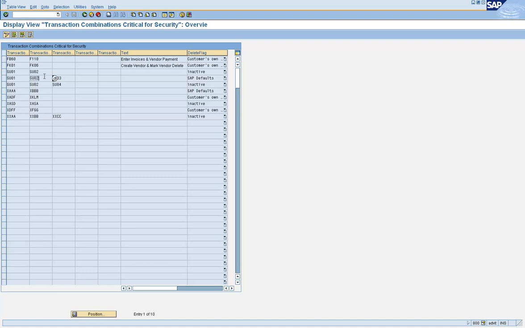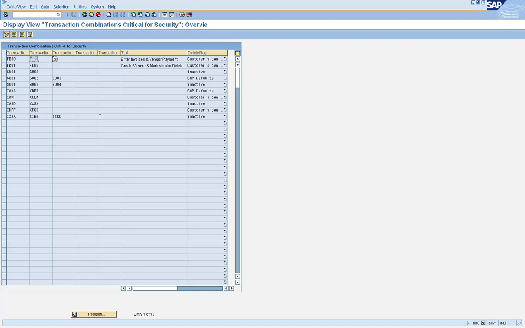Why would we be doing that? For example, FB60 can be used to create invoices, and using F110 you can do the payment. So that's segregation of duties. If you want to secure your data, and what is happening in the system, every employee's responsibilities have to be properly defined, right?